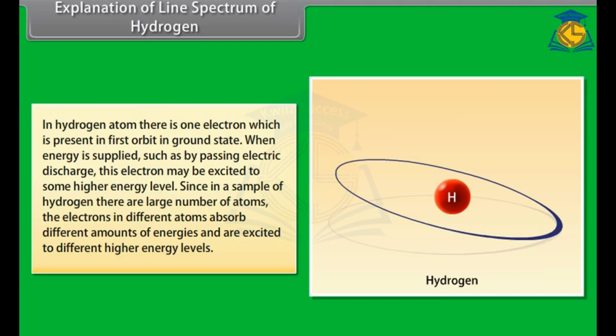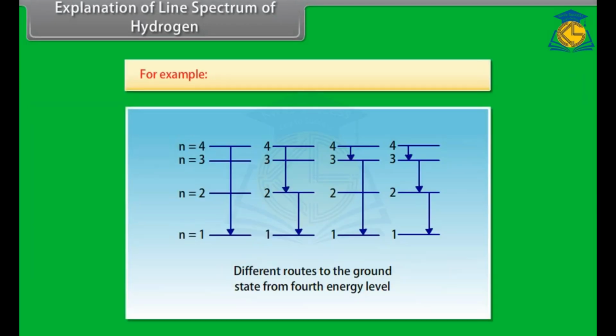Since in a sample of hydrogen there are a large number of atoms, the electrons in different atoms absorb different amounts of energies and are excited to different high energy levels. For example, let us consider the electron present in the fourth energy level, n is equal to 4, of different hydrogen atoms. In some atoms, it may come to ground state, n is equal to 1, by direct jump, while